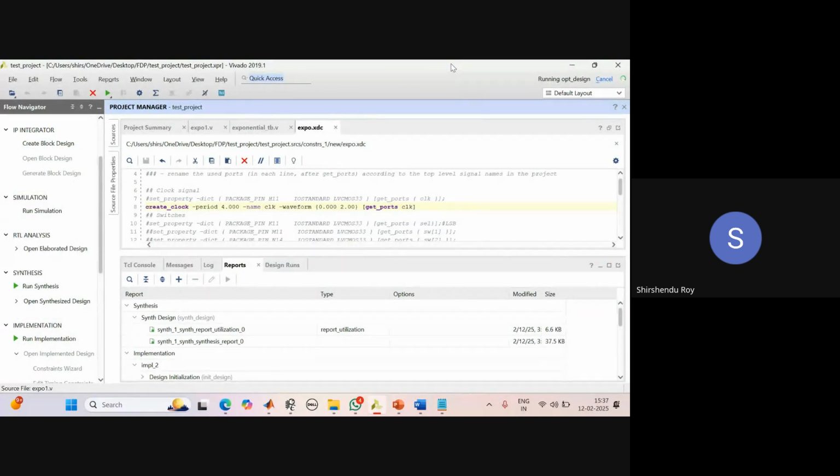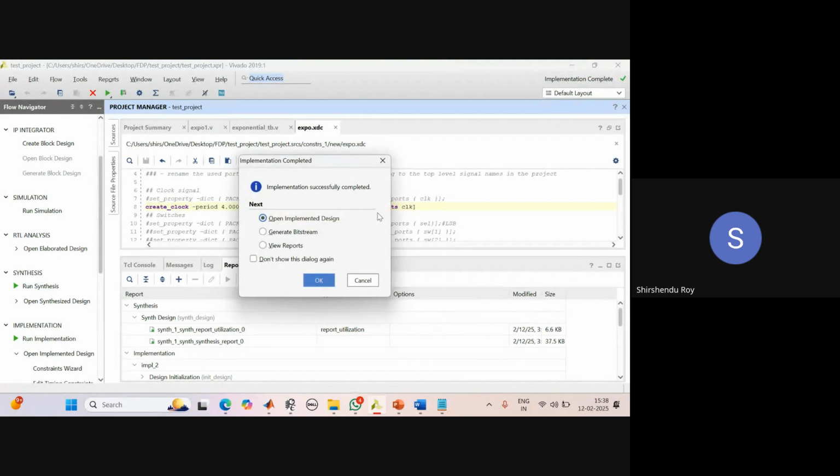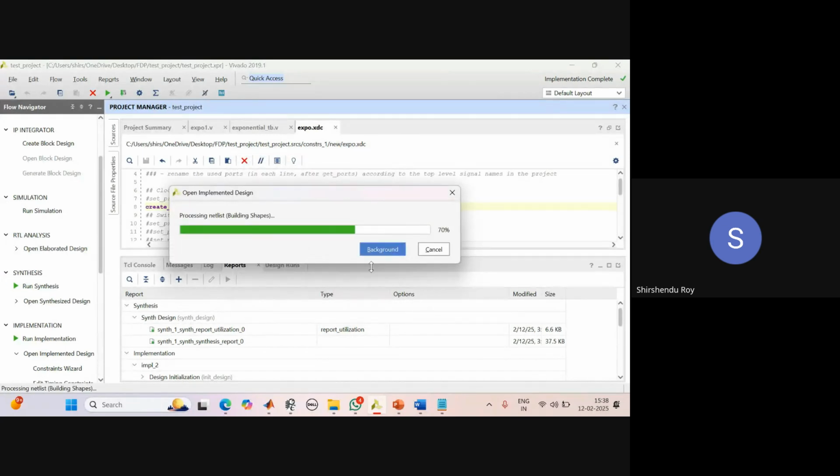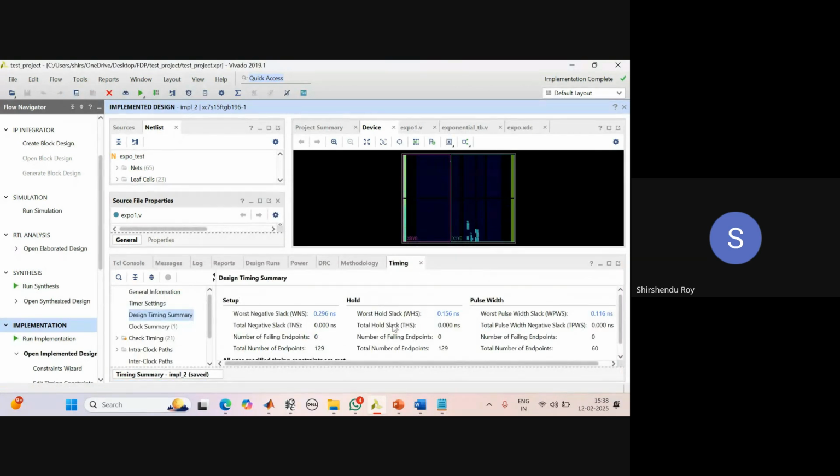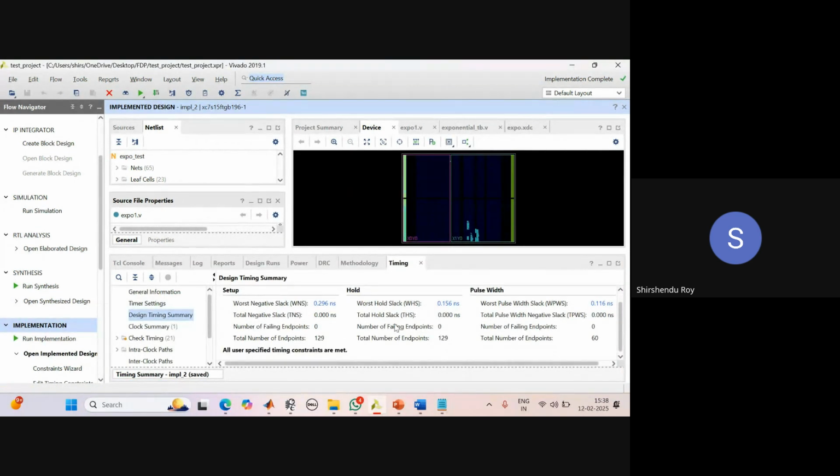It will take some time, because this depends upon your design size. Here it is taking a few minutes, but if your design is big, it may take 1 hour, 2 hours, maybe 3, 4 hours for this process. Now see, again you will see whether it can achieve that frequency or not. See, it has still achieved this